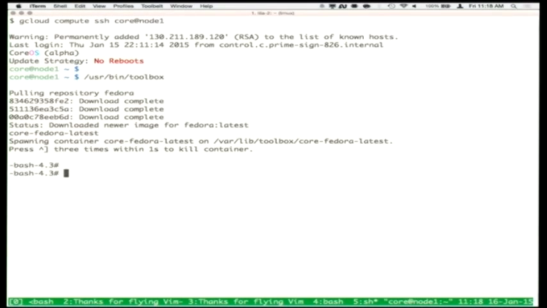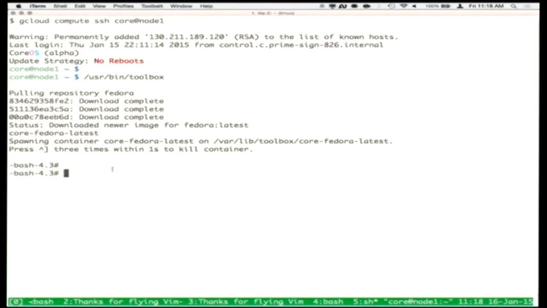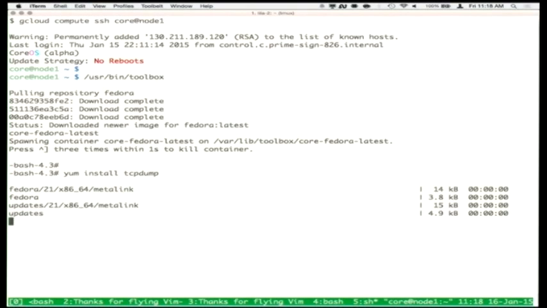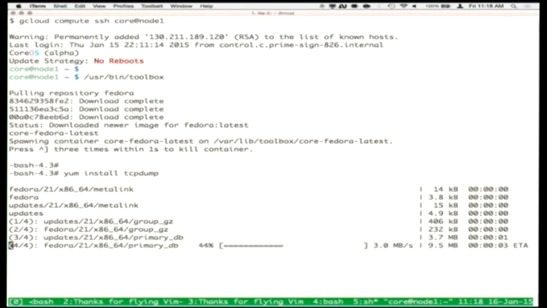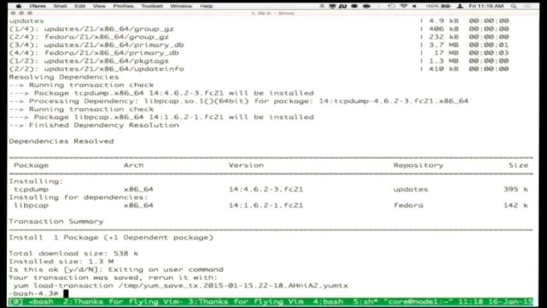And so what happens is that we've now been dropped inside of a Fedora environment on top of this CoreOS host. And so one of the things that you often want to run is like tcpdump on a host. Obviously, we don't ship that because we don't have a package management system. But you can imagine that, and one of the other things that Toolbox does is it enables you to create,